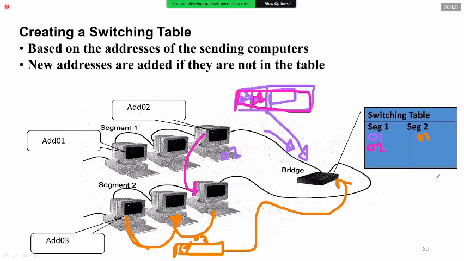After making the switching table, it will take a decision whether to pass the message or not. For example, if you get a message from segment 2 that says this has to go to,